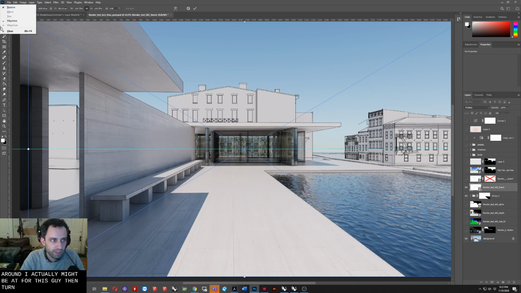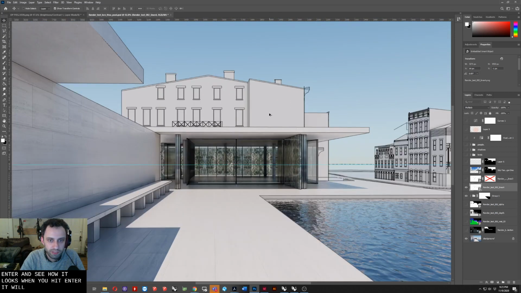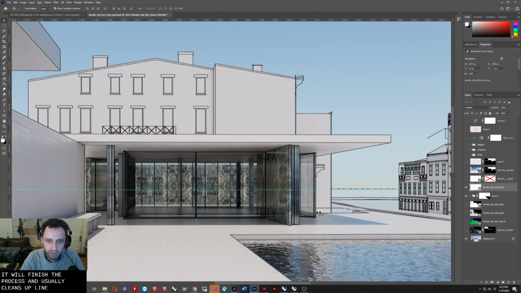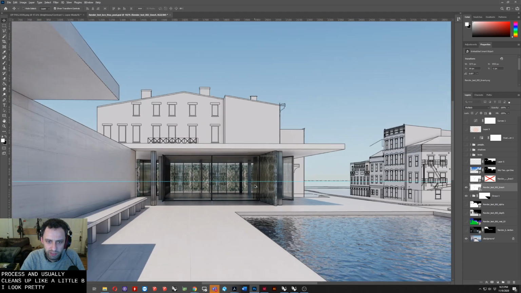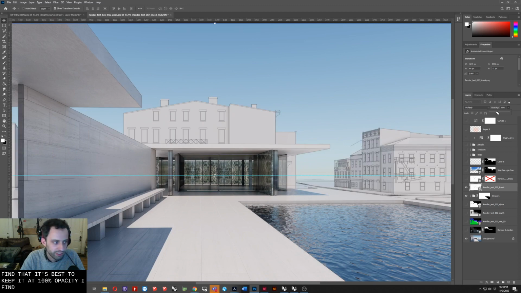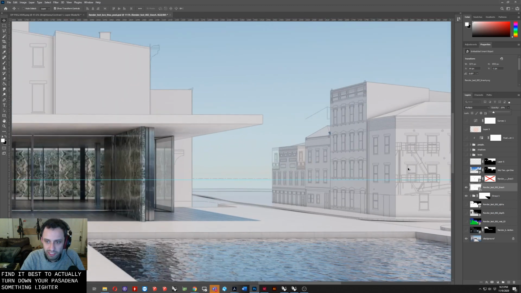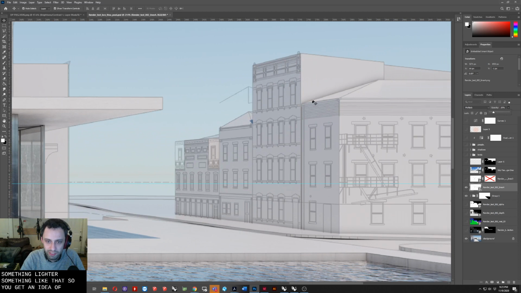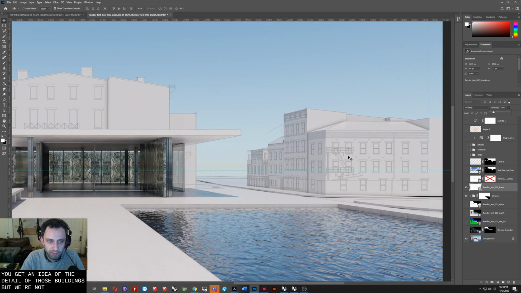Hit enter and see how it looks. When you hit enter, it will finish the process, and it usually cleans up the lines a little bit. So it looks pretty good. Sometimes it's harder to do than others. I don't find that it's best to keep it at 100% opacity. I find it best to actually turn down the opacity to something lighter, something like that. So you get an idea of the detail of those buildings, but we're not sort of being overwhelmed by the